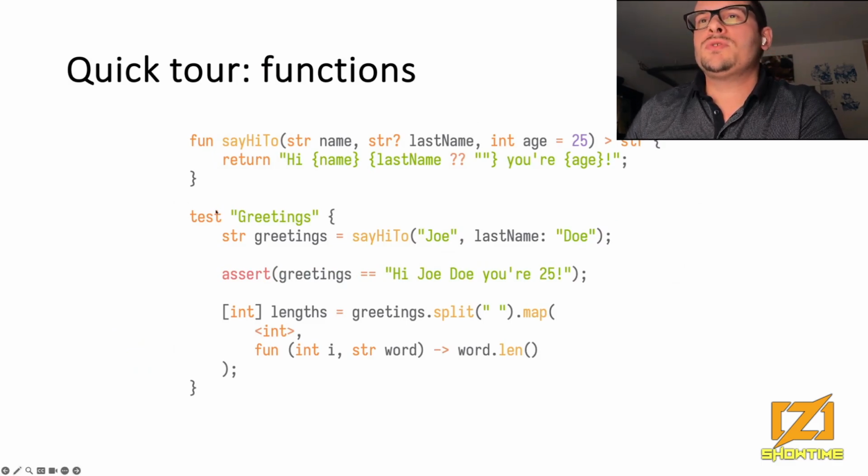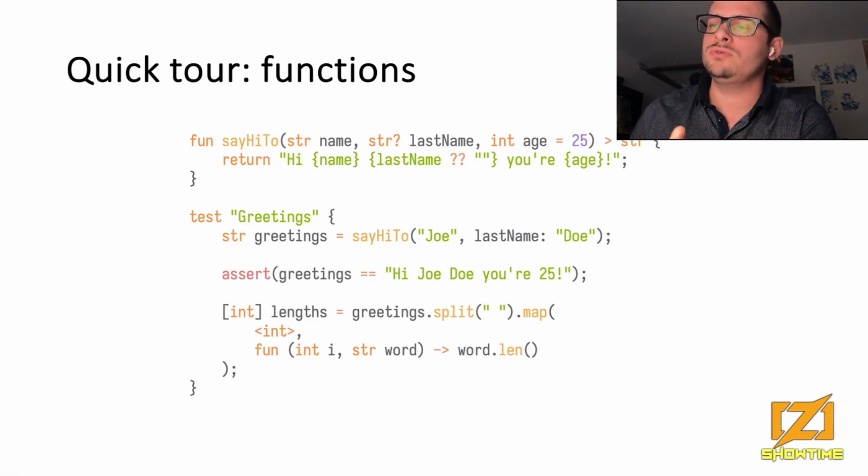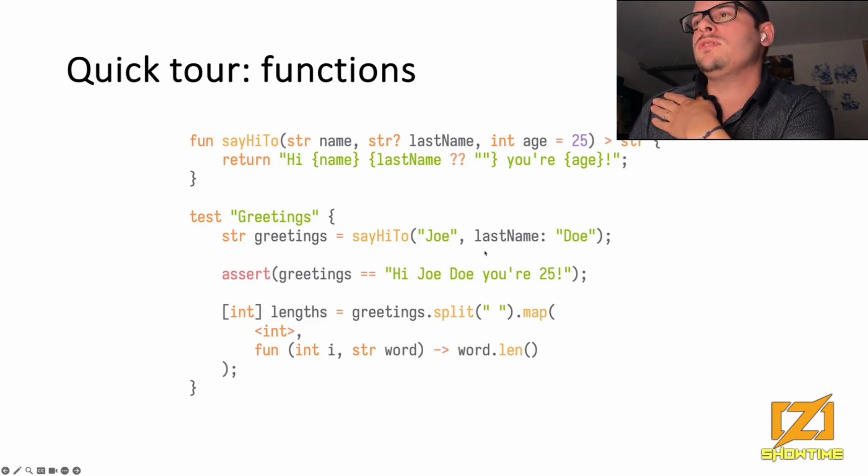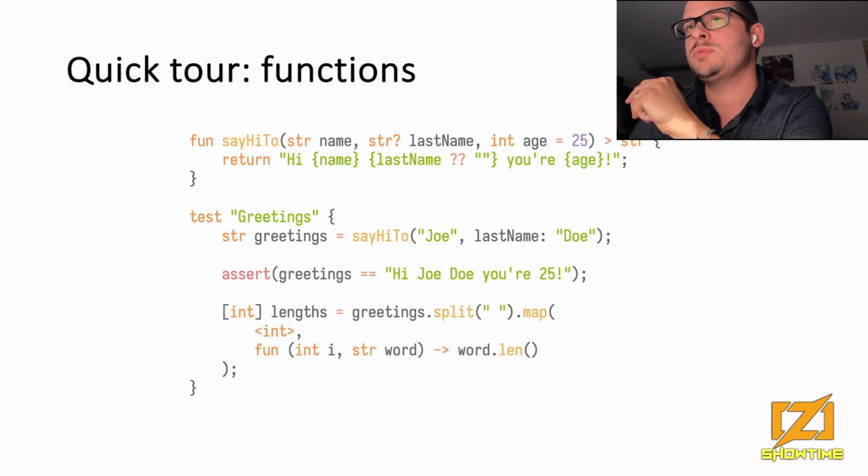You can see here that I stole an idea from Zig, which is a test block. In Buzz, those are functions that are only generated and called if you call Buzz with the test option. In it, you can see that when we call the sayHi function here, there's named arguments, default values. You can also see here how we do string interpolation. You can also see that we can pass functions as values. Here we have an arrow function, and we have generic types only for functions right now, but it's planned to add them to objects too.